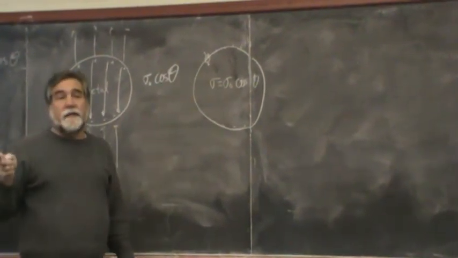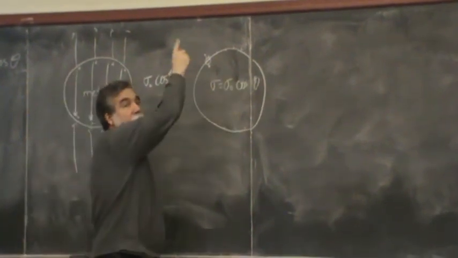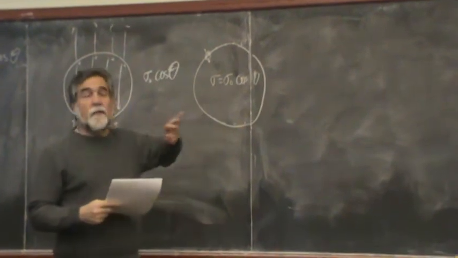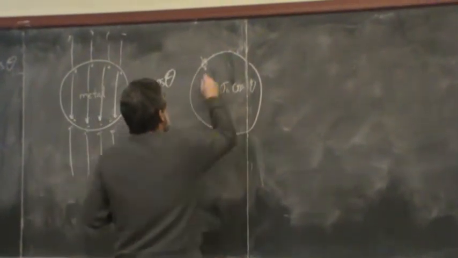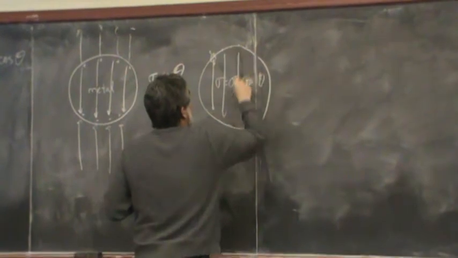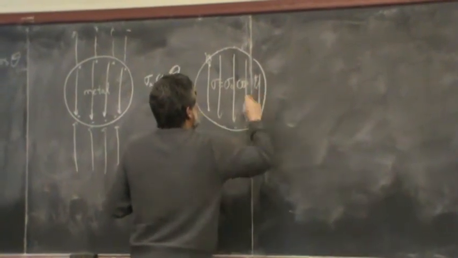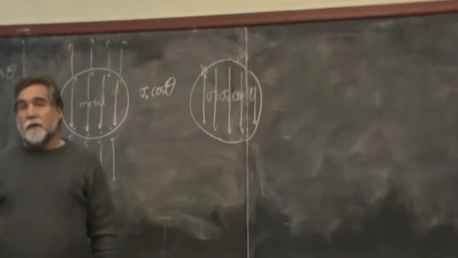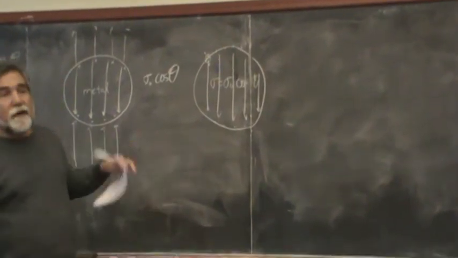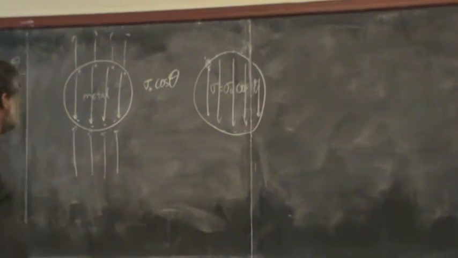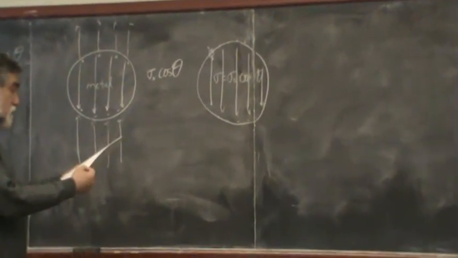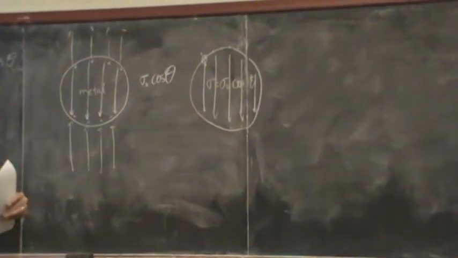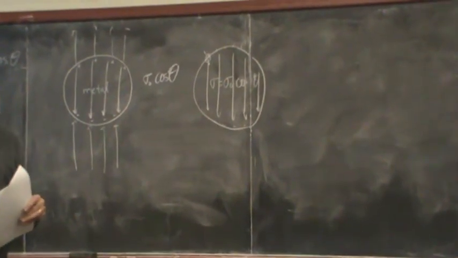So given those boundary conditions and the general forms of the expansions on the two sides, on the inside and on the outside, we found out for this problem that the electric field inside is a constant, and the electric field on the outside is the field of a dipole. And you figured out what the strength of the dipole was, right? The next problem that we're going to address,